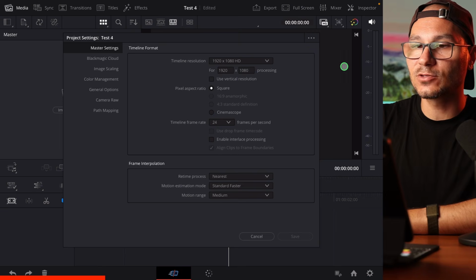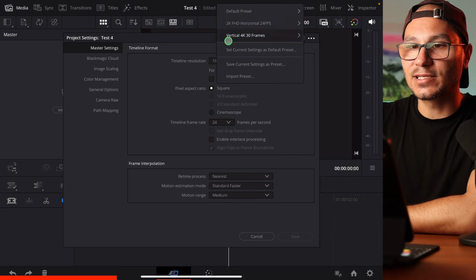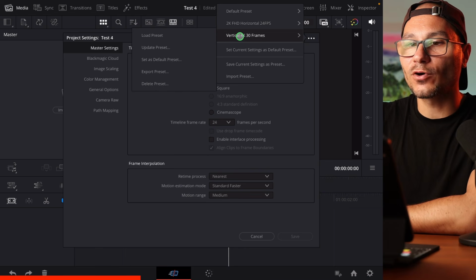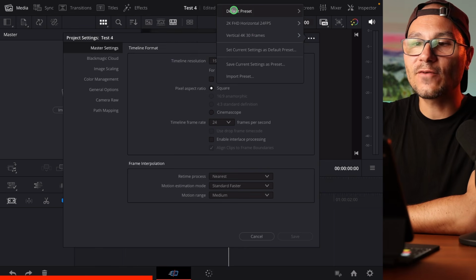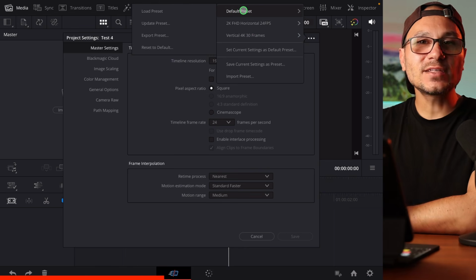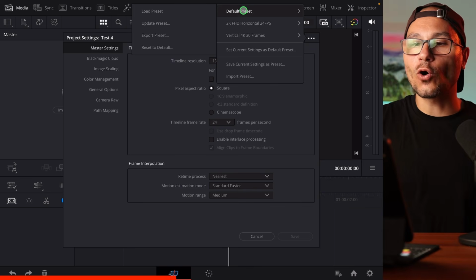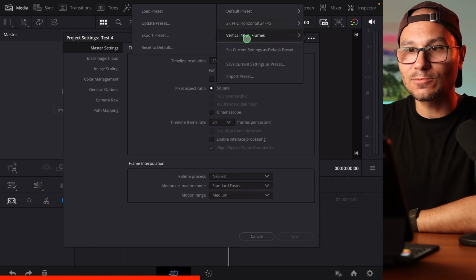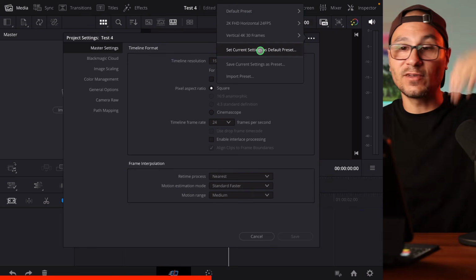If we come back up here to the three dots, you see now we have this list, right? I created a 2K Full HD horizontal and I created a vertical 4K 30 frames. And then we have here default. Every time you create a new project, it will always use the default settings. So if I want to overwrite my default settings, because let's say you make a lot of vertical videos, then